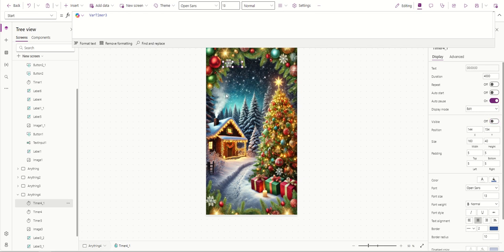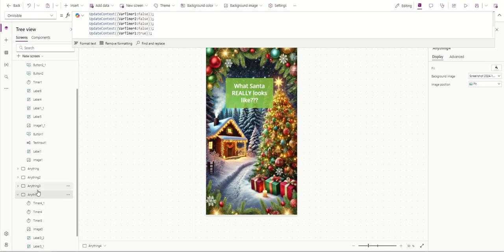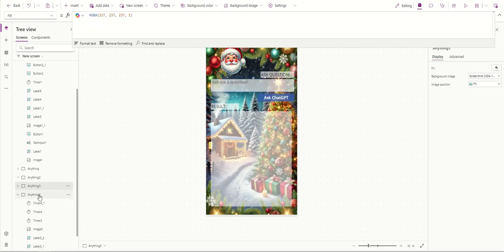So alright, we should have an app that works. I need to click out of the screen and then back into the screen. Let's start this off right. Have you ever wondered, should last 4 seconds, what Santa really looks like? Well, get ready, because you're about to find out. Boom! And just like that, we have an app that runs off of timers and variables, but this is just